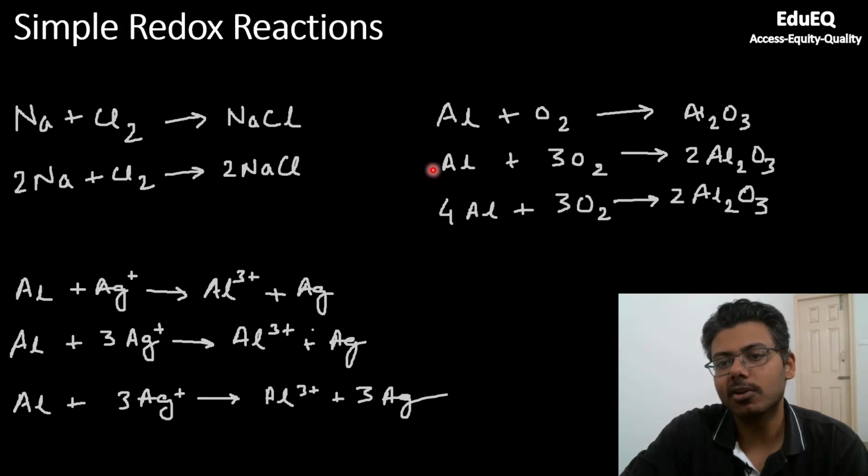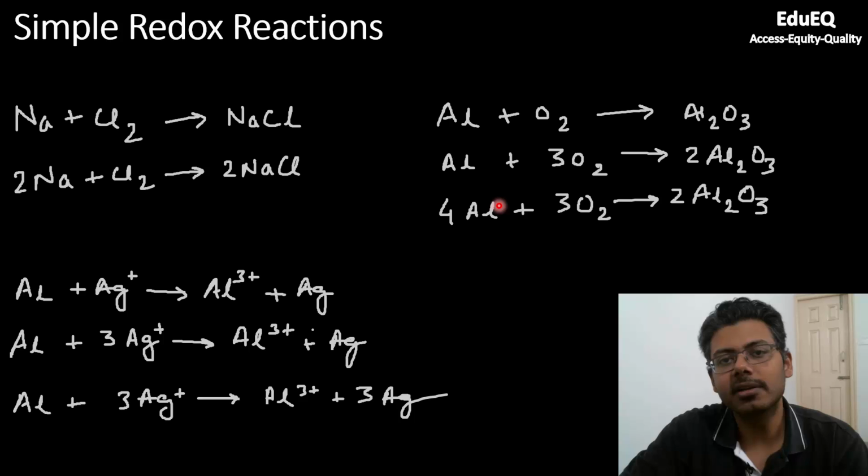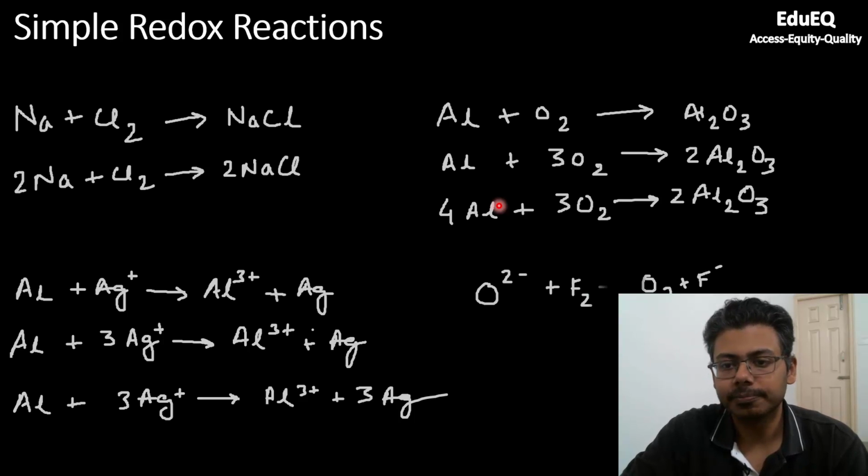Since this aluminium is a standalone atom, it is not in combination with any other atom, it is easier to balance aluminium. That is why we balanced oxygen first, because you can multiply any number you want in front of aluminium, but this oxygen is linked to aluminium. So we first balance the oxygen and then we balance aluminium. You could have done the other way around also. The answer would have been perfectly similar.